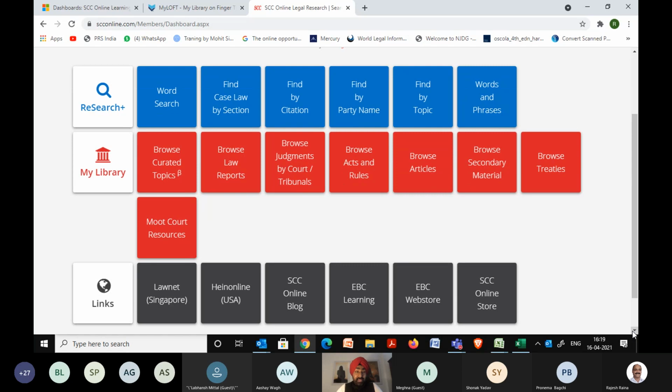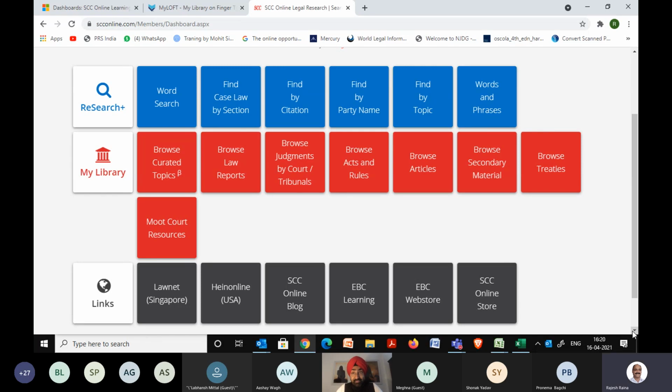I would stop over here and hand over the baton to Mr. Raina. But just to give you a heads up, all these options that you see on the screen, today we'll be covering majorly the blue tiles and the red tiles. The gray tiles are external links, external software that we have, so we will not have the time to cover that. We'll just cover the main research part, that is the two tiles, the blue and the red. And irrespective of what tile you choose to research in, the database will remain the same. Mr. Raina, can I request you to please take it over and help us understand the entire software now?